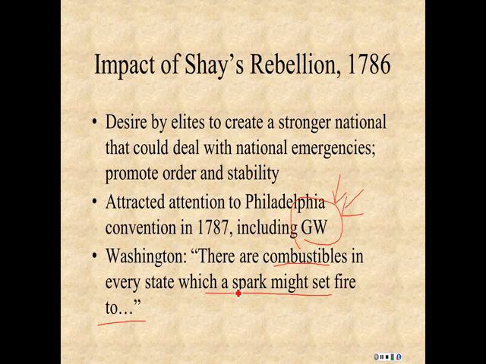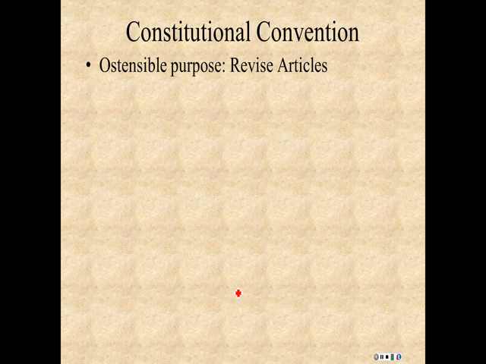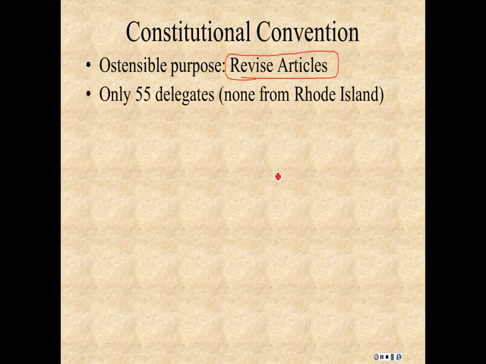So the context of our Constitution wasn't to create a more limited government. Yes, if you compare it with what existed in a monarchy, certainly yes. But if you compare it to what came before, and that's the Articles of Confederation, the context is very different than that. It's a period whereby many people just believe, hey, we need to have a stronger federal union. So the Constitutional Convention, then, the ostensible purpose, or the superficial purpose, I guess, is to revise the Articles, but that doesn't happen. What comes out of it is an entirely new Constitution.